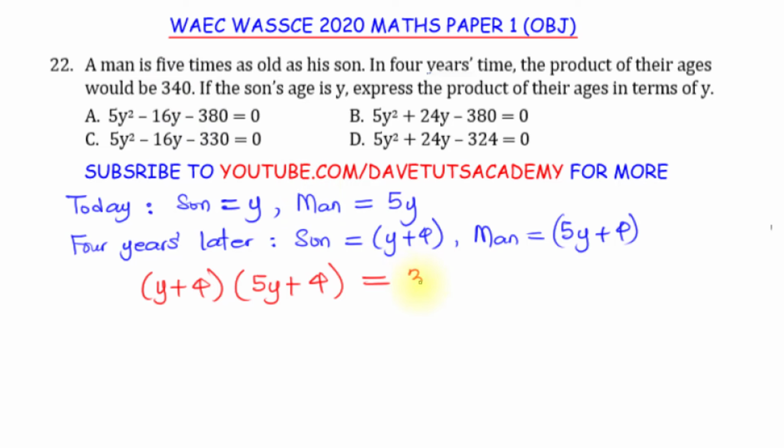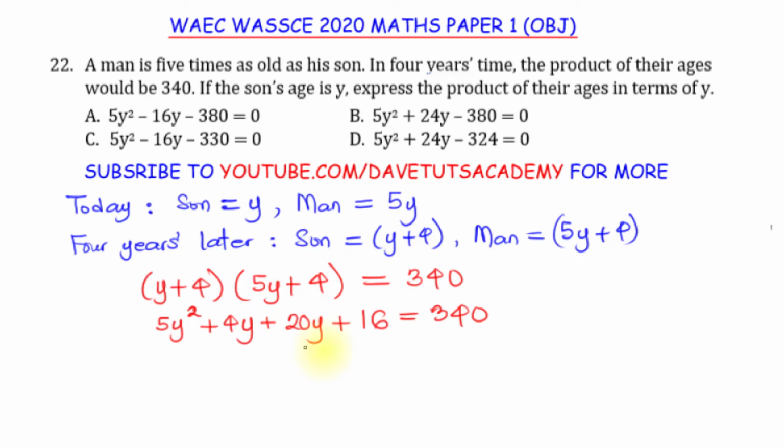We said it would be 340. So what we have to do is to express the product of their ages in terms of y. You can see already we are having the format of the options that we are given. We just need to open up this bracket by saying y multiplied by 5y, that will be 5y squared. Y multiplied by 4 will be 4y. 4 multiplied by 5y, 4 times 5 is 20, and we'll still retain that y. Then 4 multiplied by 4, that will be 16, is equal to